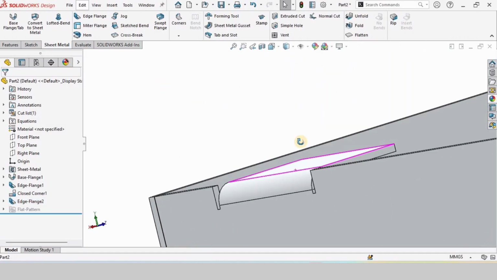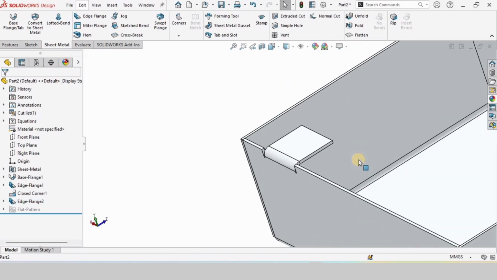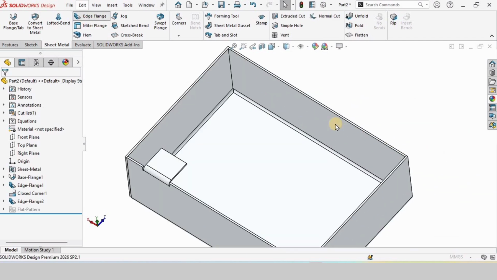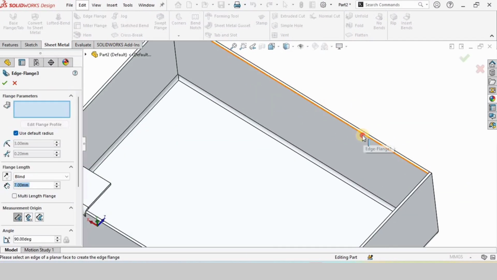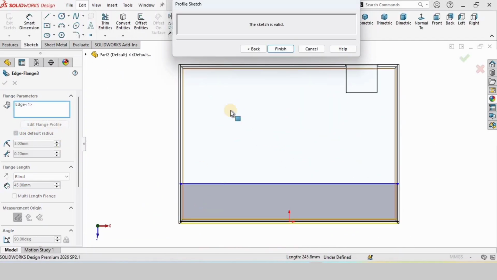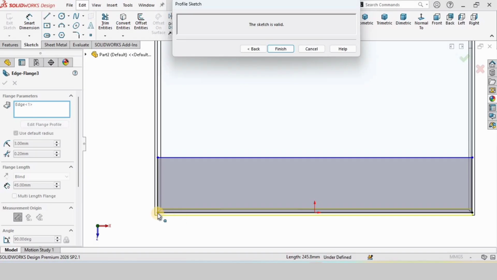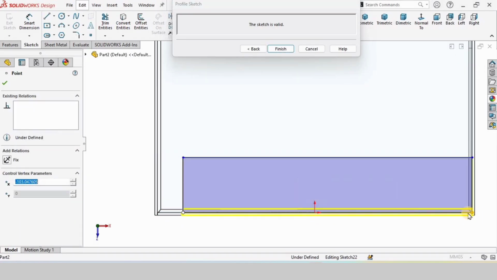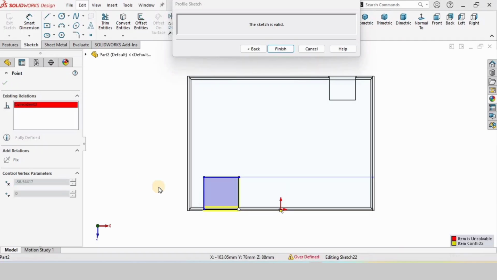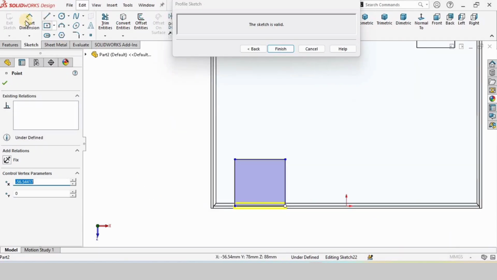Now this is our edge. Okay, I have to do the same on this side as well, so I will select the edge flange again, and then I will select this edge, select this edit button, and very much similarly I will do the same thing. So I will make that here on this side,